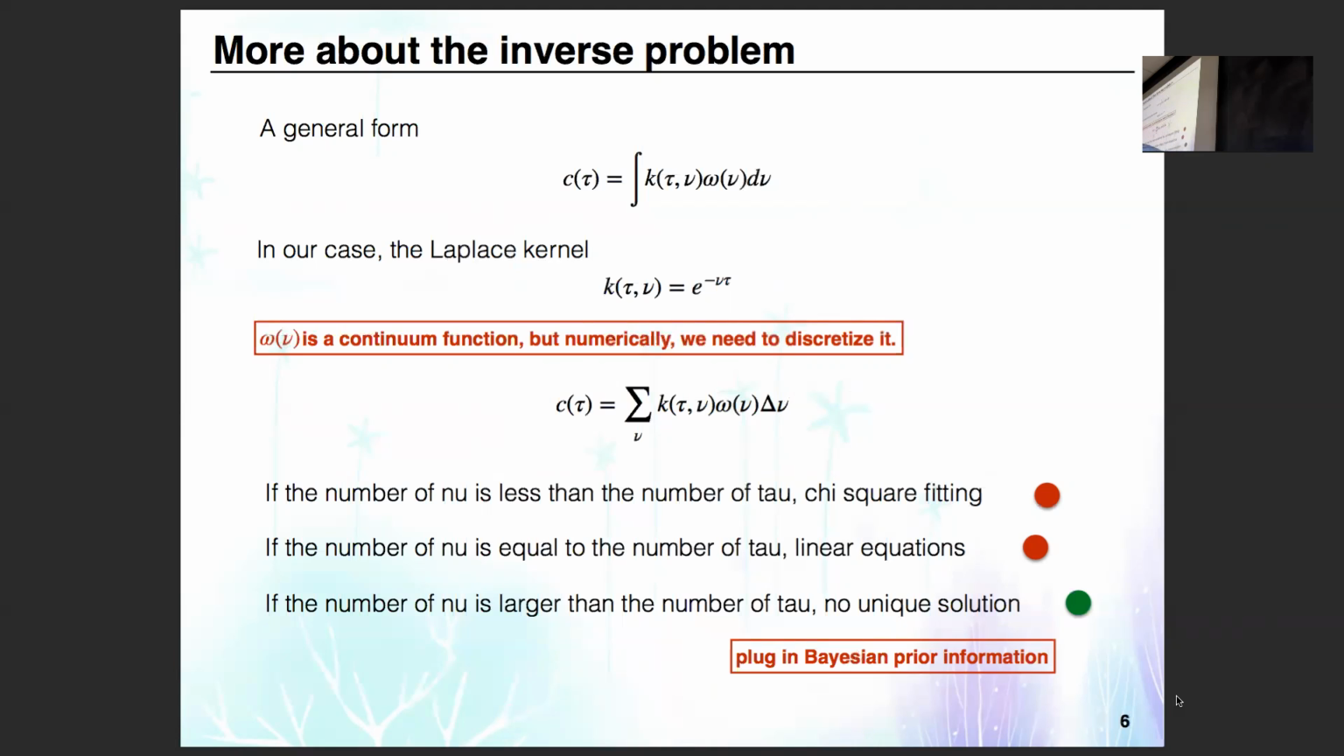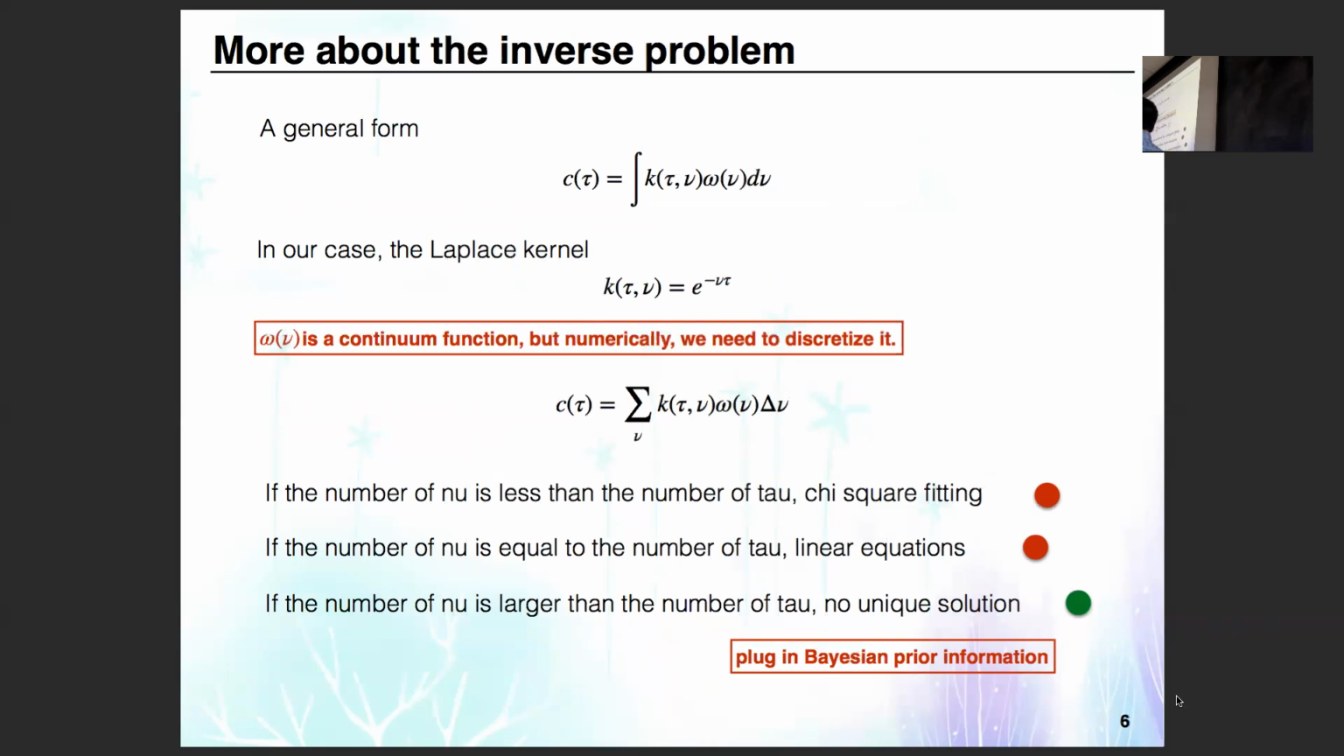Although this omega nu is a continuum function, numerically, if we want to calculate it, we need to discretize it. So here I rewrite this integral as a summation. The thing is, how we discretize this omega function is important. If we just want a rough picture of this omega, we can